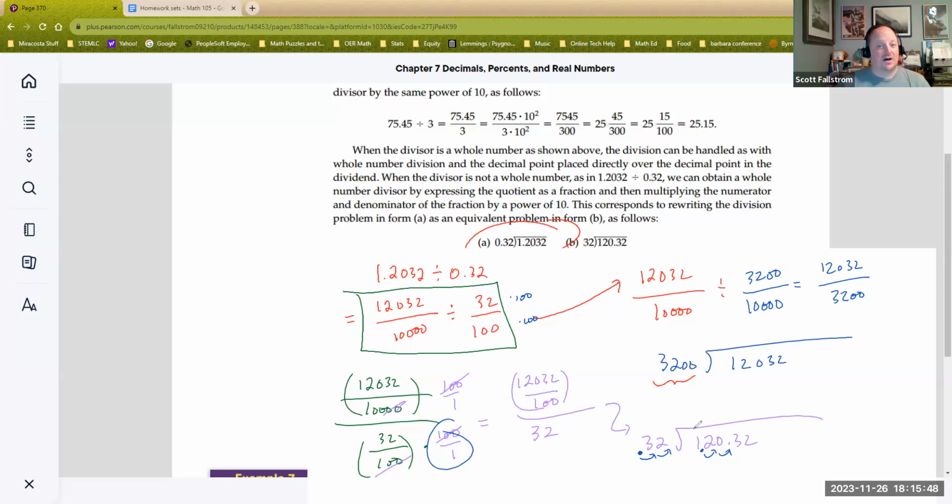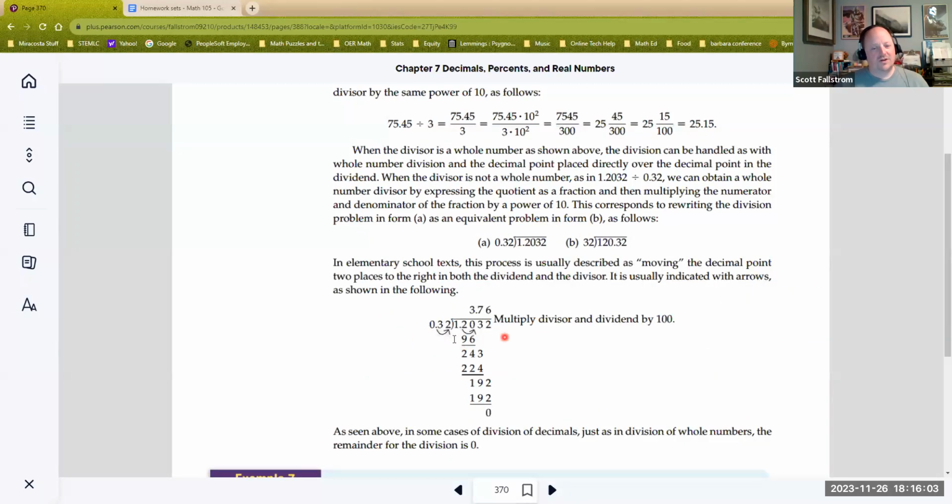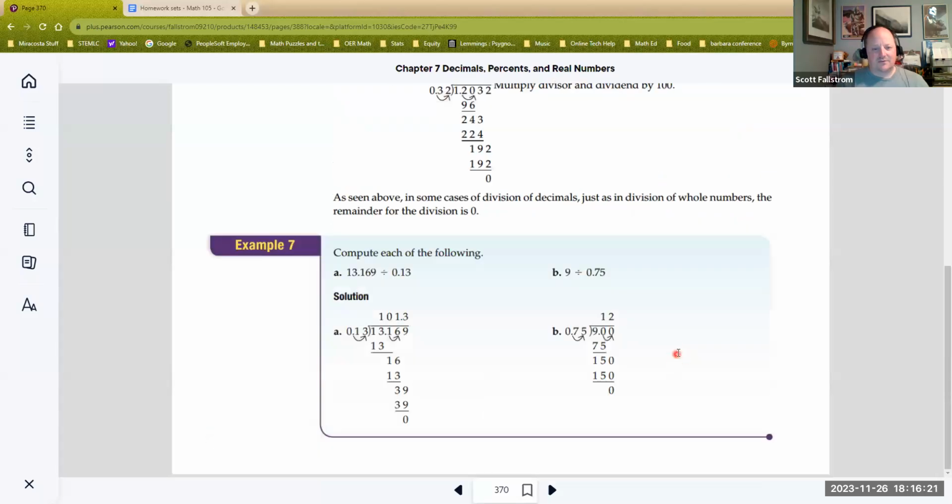So process-wise, we do tend to do things that make things a little bit easier, at least whenever possible. So if you prefer to keep your decimal points to the smallest number possible, that's perfectly fine. Then you just move the divisor's decimal point, which every time you move it, you think of multiplying by 10. You can't change things. If you multiply by 10 on the bottom, you've got to multiply by 10 on the top. And that's what we're doing here, we're just making a new value. So when you see something like this,